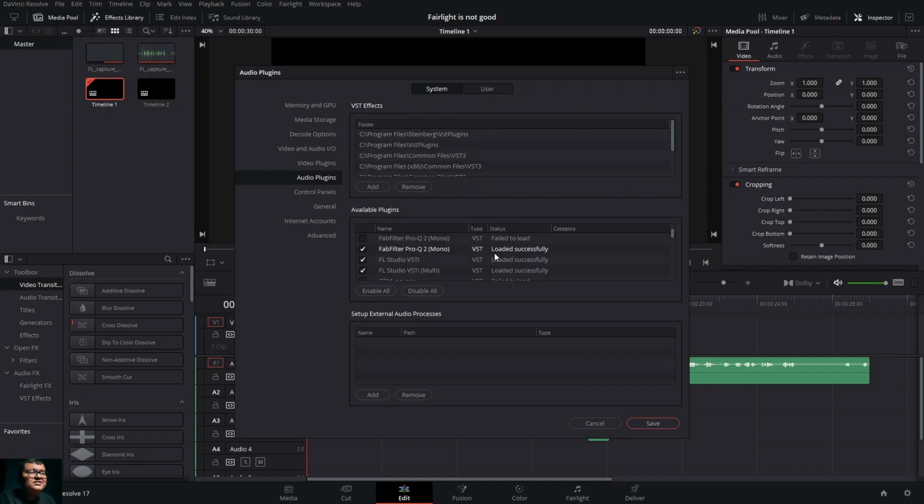So fail to load, disabled. Why is it showing disabled? Can I enable it? You can enable it, but again it will show fail to load. Or else you can disable it also, as you might have got to know. So it's like that. Fail to load is a plugin issue or some such issue.